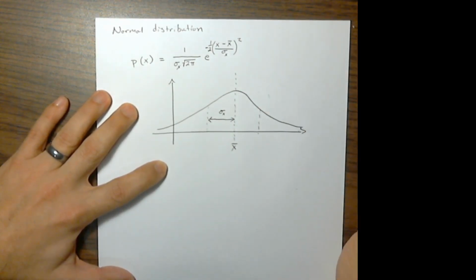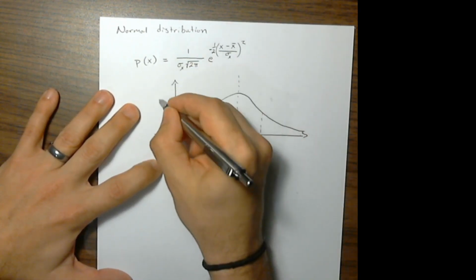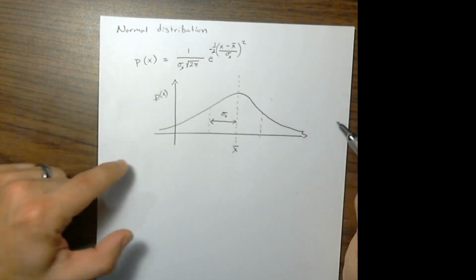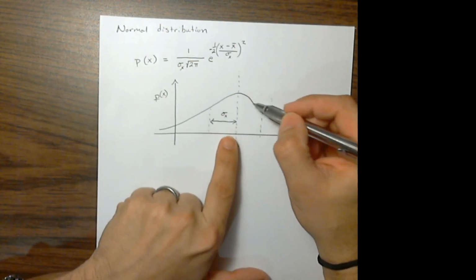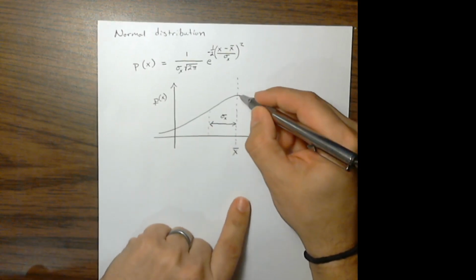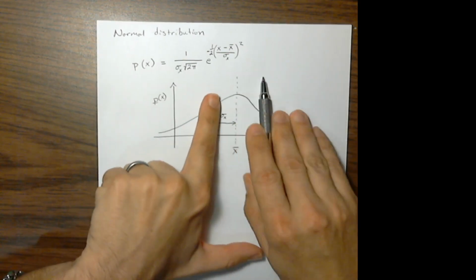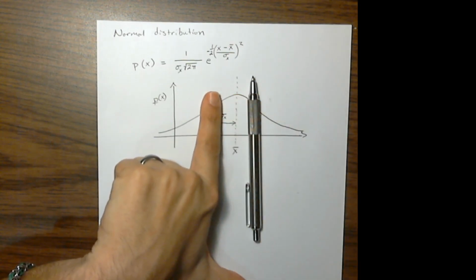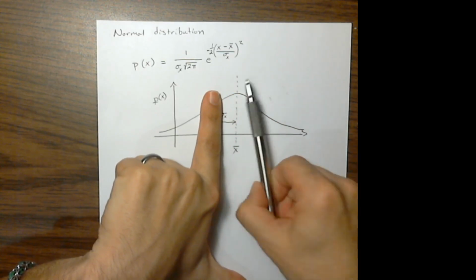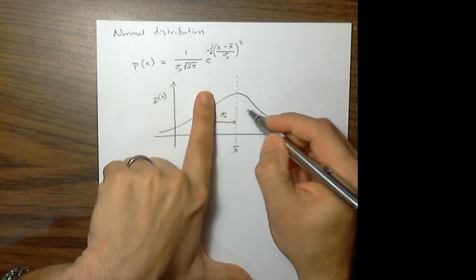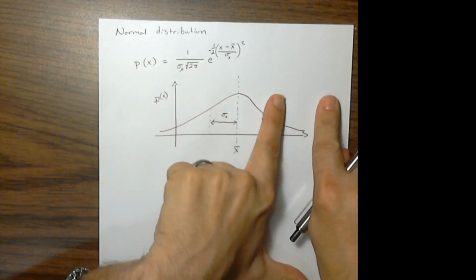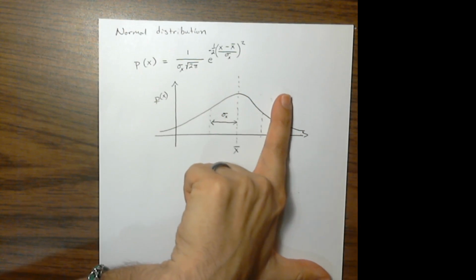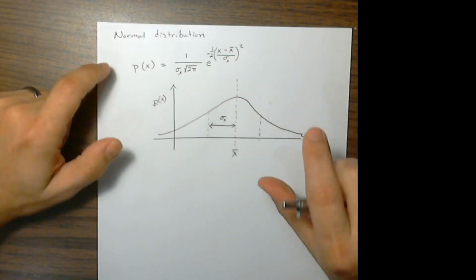Okay, so basically it says that, and this is probability density of x, right? Now remember, probability density. If I consider ranges, so windows of measurements, very close to the mean, the area in that range is very large, right? So I have a lot of probability of being close to that mean. But the farther and farther I get from the mean, the less and less likely it is that I'll get something there.